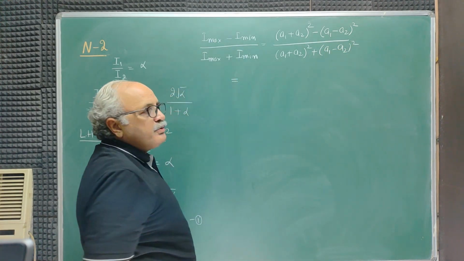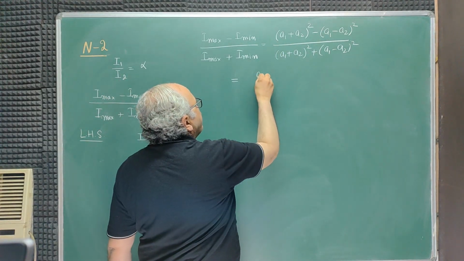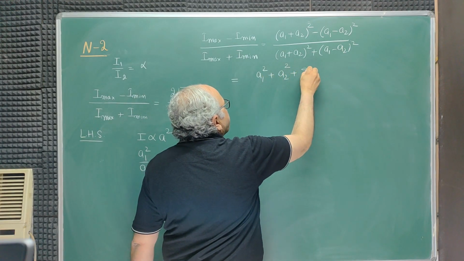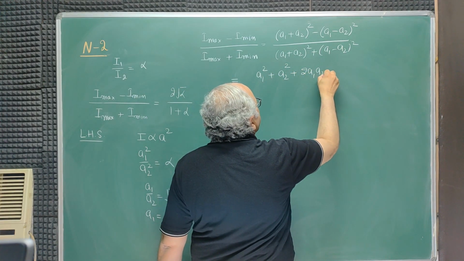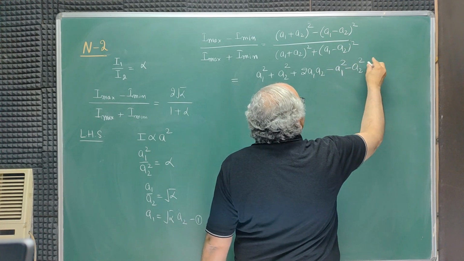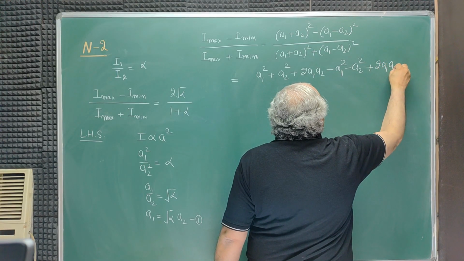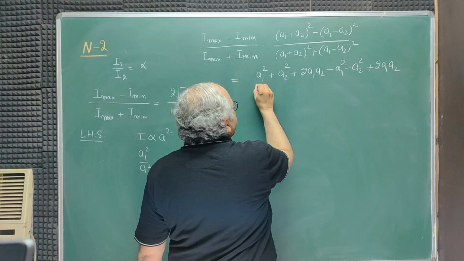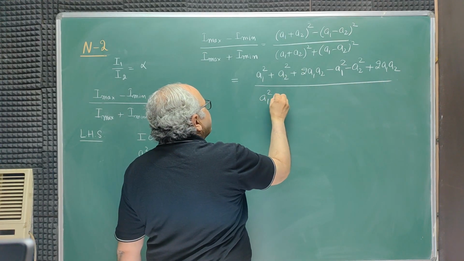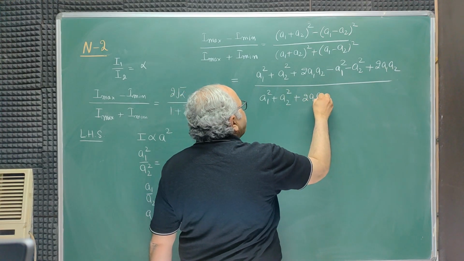If you simplify this, the numerator becomes A1 square plus A2 square plus twice A1 A2 minus A1 square minus A2 square plus twice A1 A2, divided by, similarly opening this, A1 square plus A2 square plus twice A1 A2,